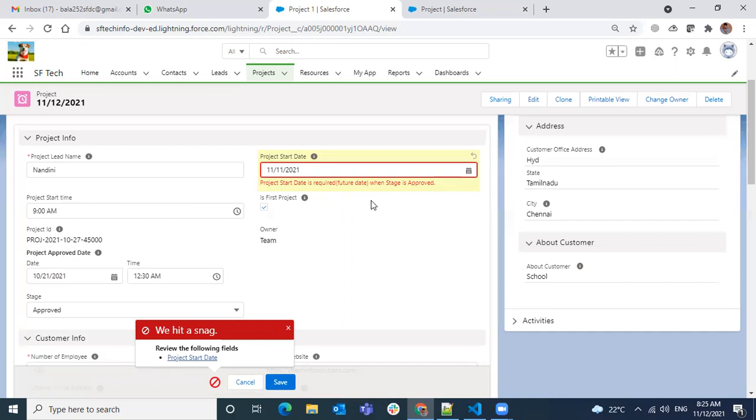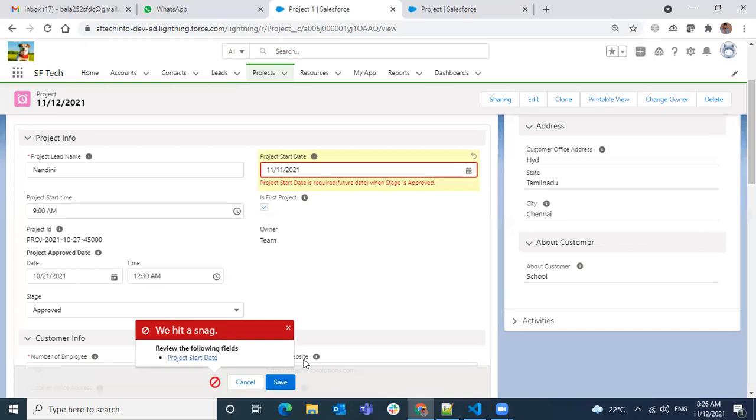Yeah. So let's say we already have so many project records, right? But already they might have past dates, or there might be blank project start dates. That will exist. Why? Because when they saved the record, we didn't have a validation rule. But after writing a validation rule, even if you are not making any changes to it, and you just do an edit and try to save, the validation rule fires. So validation rule works only when you hit the save button.